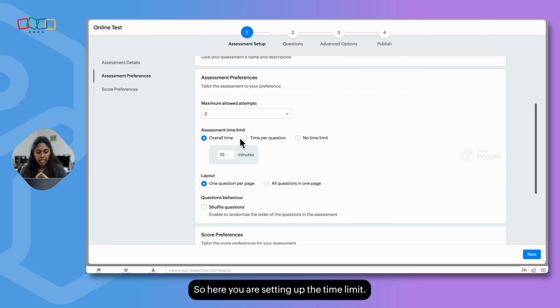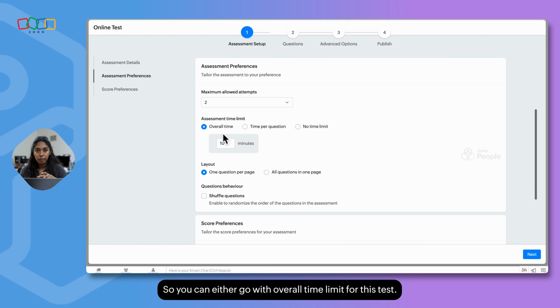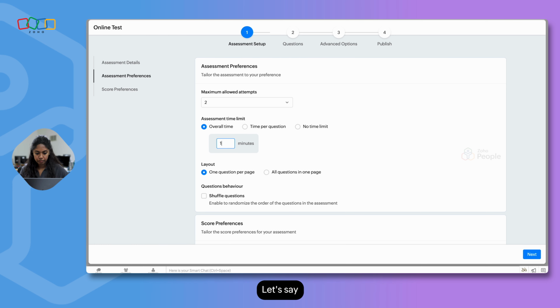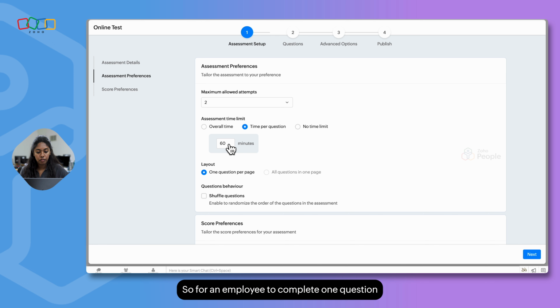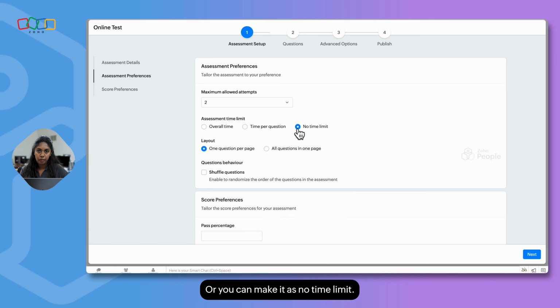So here you are setting up the time limit. So you can either go with overall time limit for this test, let's say 60 minutes, or you can give time per question. So for an employee to complete one question, it is going to be 1 minute, or you can make it as no time limit.